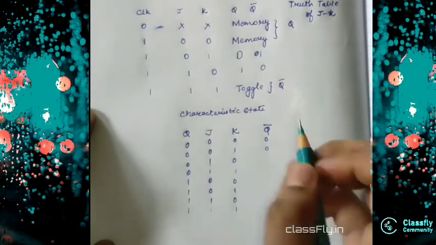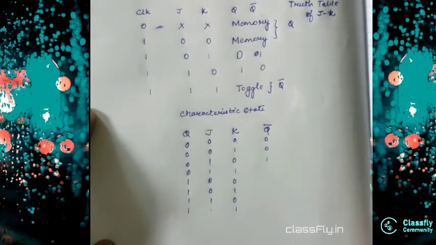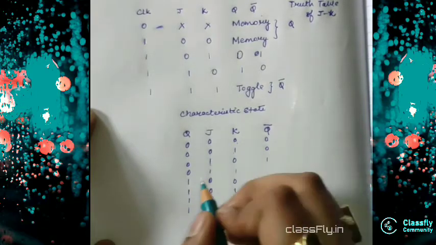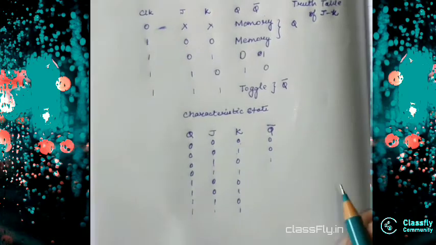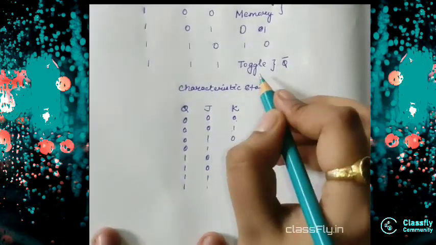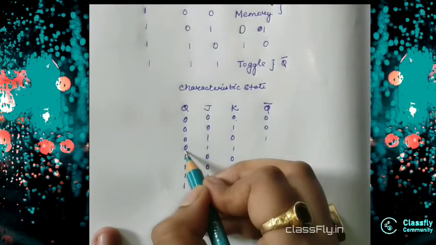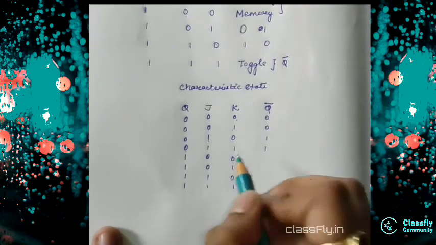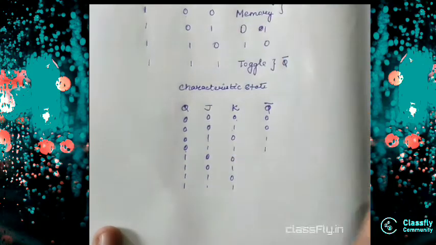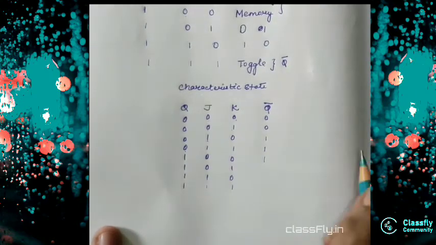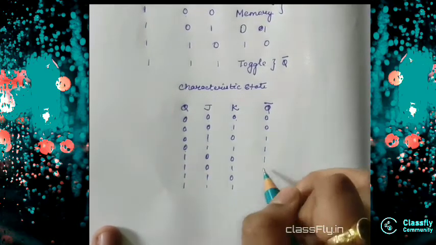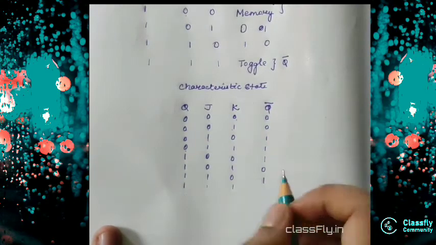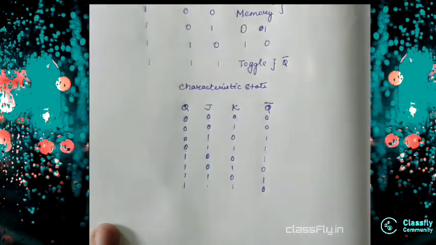When it is 1 0, it is 1, and when it is 1 1, it is Q bar, that means the opposite of 0, right? Yes, as I told you, it will be toggling, that means Q bar. As my Q is 0, so my Q bar will be 1, opposite. Now when I give 0 0, it will be memory, right? It will be memory, so my memory is 1, so I will write 1 here. And it is 0 1, so it will be 0, and 1 0 it is 1, and it is 1 1, that means Q bar, that means 1 is 0. So I get my excitation table.